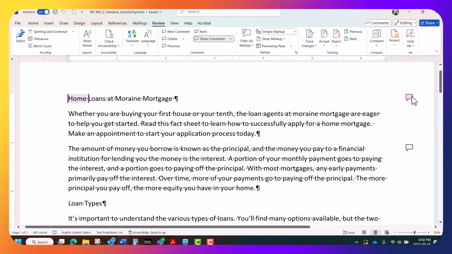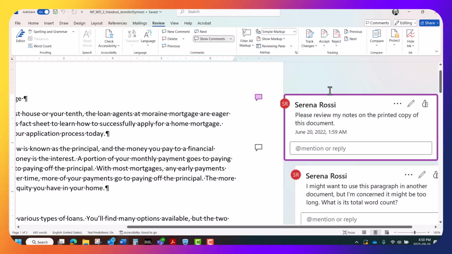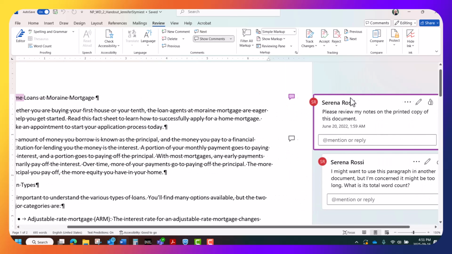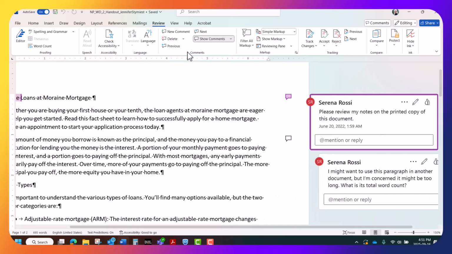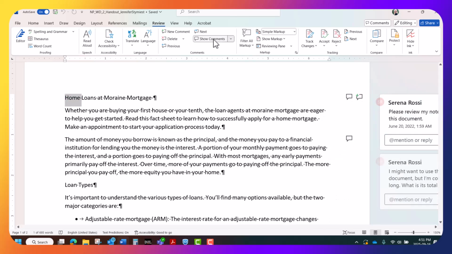And then over here on the right, you're going to see these icons, and if I click on that, that's the comment, and if I click on it, it's going to show what the comments are specifically. If I click on it again, or if I click up here in the comments, if I click that, show comments, it's going to just hide, and you'll see the icons again. So I am going to show them,